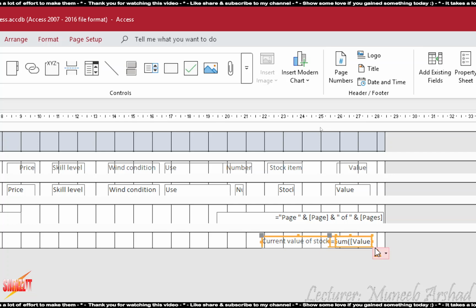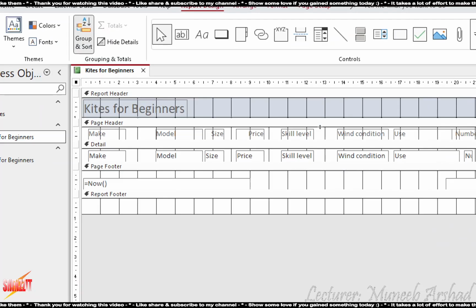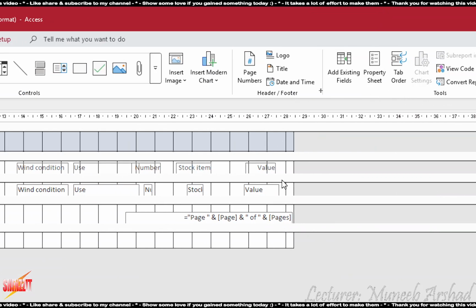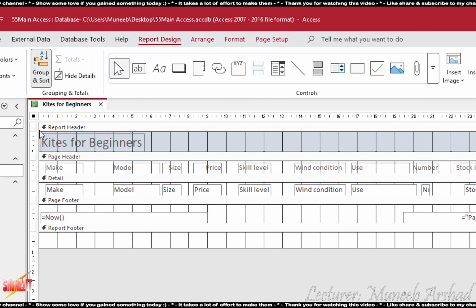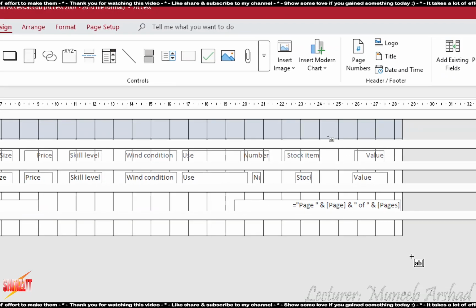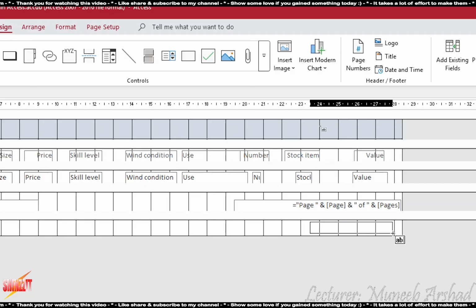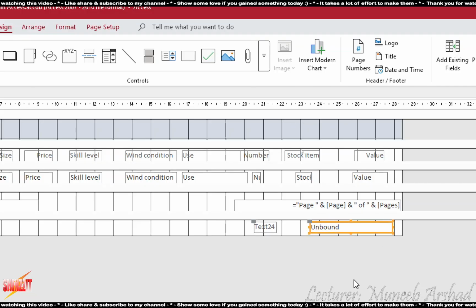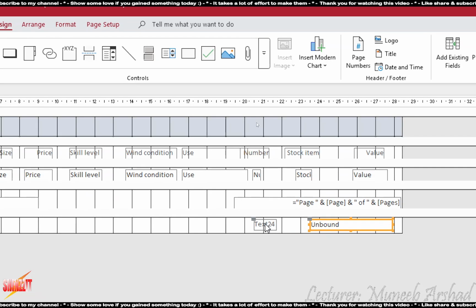Let's say I will remove this, and I'm going to create that function of calculating the value column manually. So I will have to go and not click on the label box because that does not give me any option to write the expression. So I will have to click on the text box and then draw the text box. When I'm done, तो उसके साथ एक label box automatically add हो जाता है.